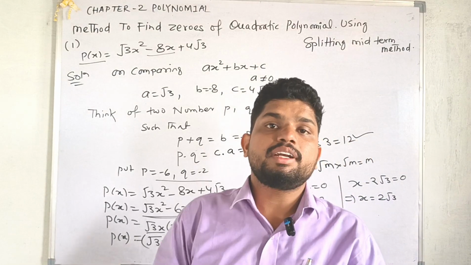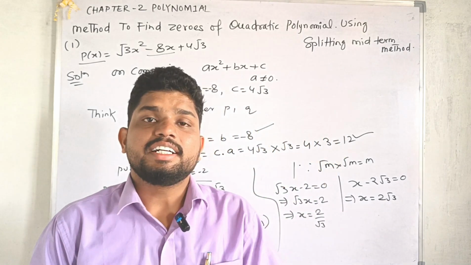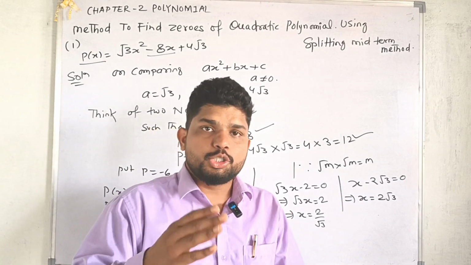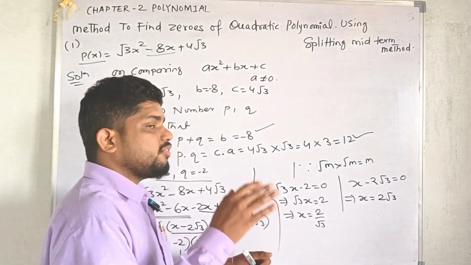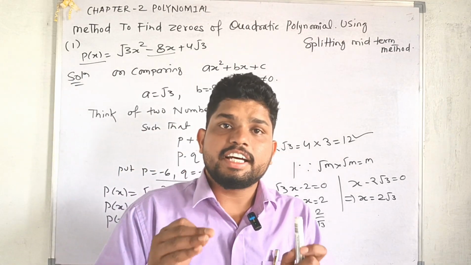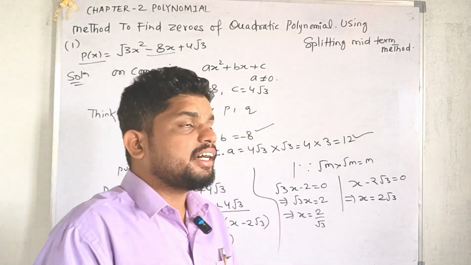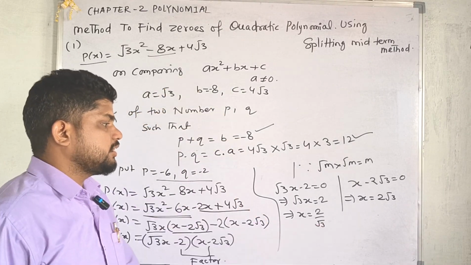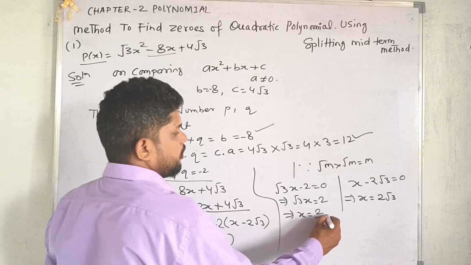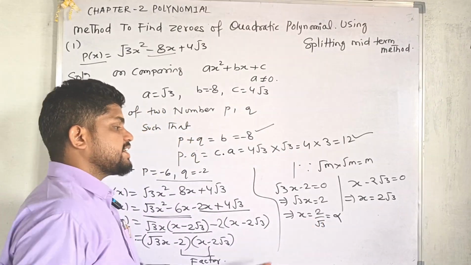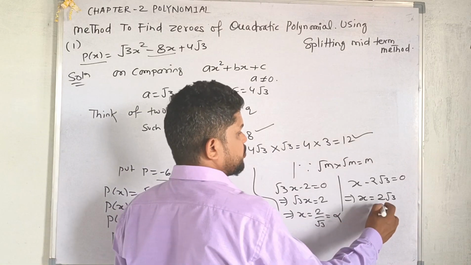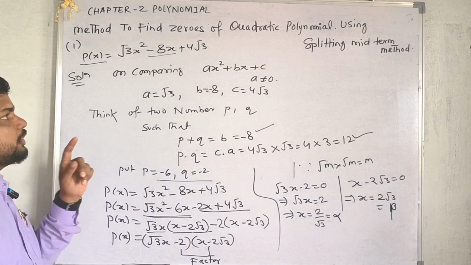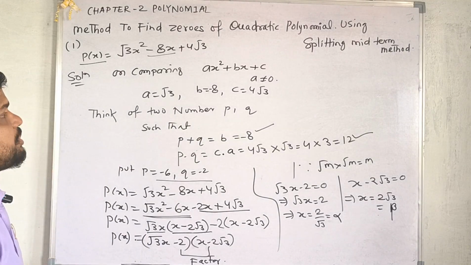Dear students, now we will learn how to verify whether the zeros that we have obtained are true or not. To verify the zeros of any polynomial, we use the relationship between the coefficients and the zeros of the polynomial. Suppose x equals 2 by root 3 is one zero, which we consider as alpha, and x equals 2 root 3 is another zero, which we consider as beta. So we have one topic which says that